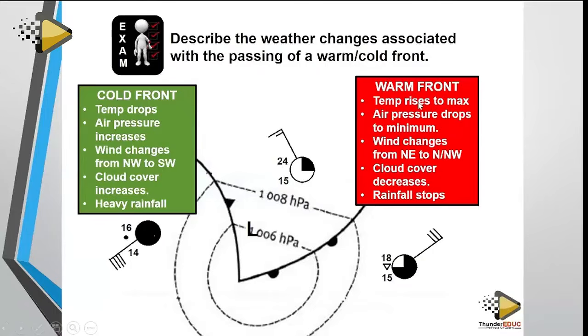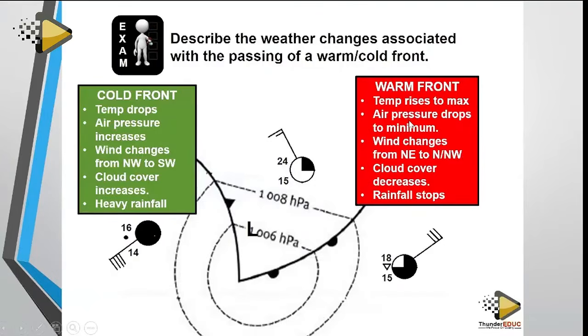But when the warm front passes, what will be the impact? What will be the weather conditions associated with the passing of a warm front? The temperature will rise because the name says warm front. It means a warm front is leading warm air. So once it passes, temperature will rise to maximum, air pressure will drop because now the air is warm, it